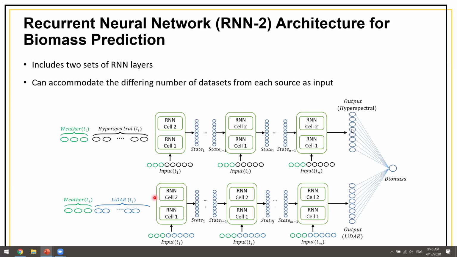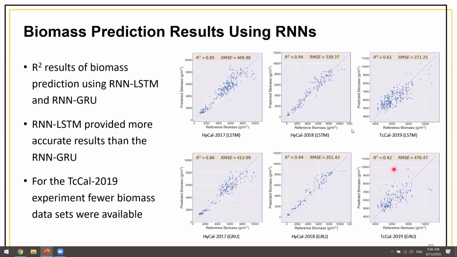So this way we can consider having different numbers of data sets and also on different times. From each part we have multiple neurons here, and then finally they all together predict the biomass. So we use that network, RNN2,